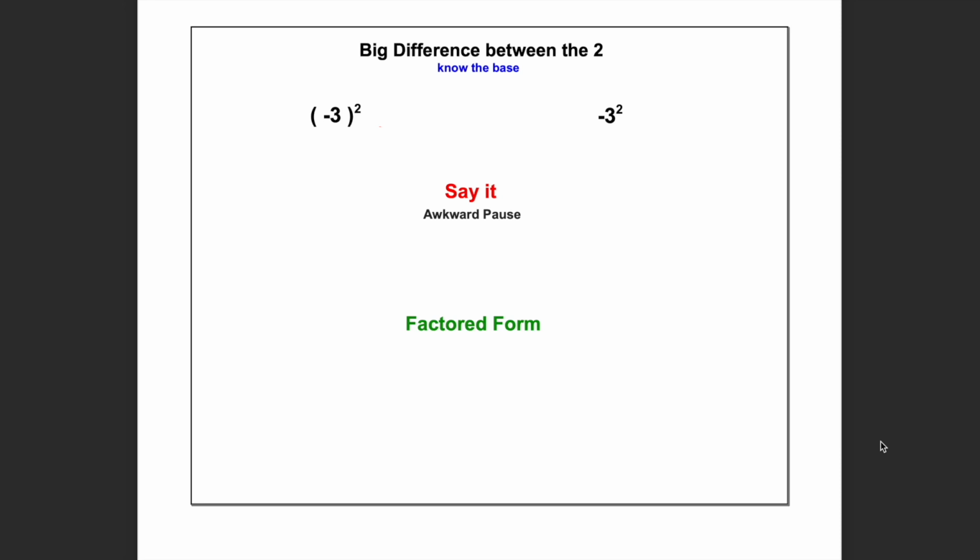That way you know everything I just said is all being squared. And the factored form, remember, we've got this one is negative 3 times negative 3, because all of it's being squared, but the other one is negative 3 times 3, because the negative's in front, and then we've got 3